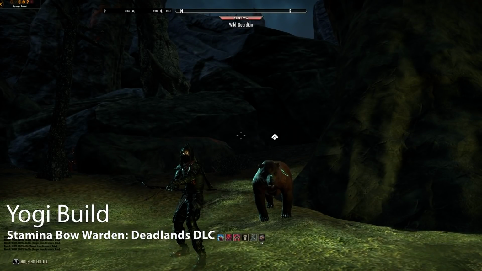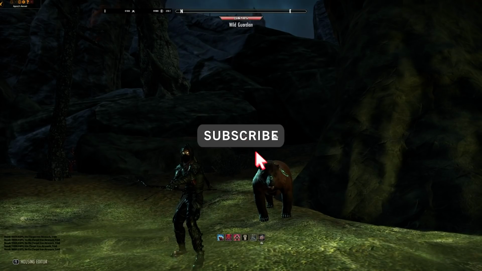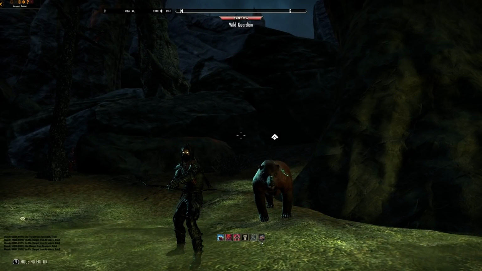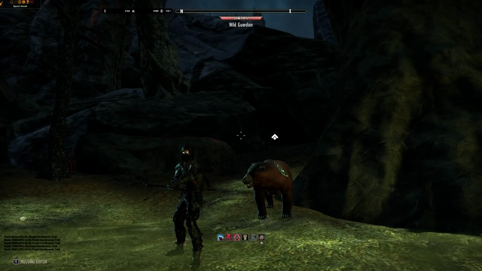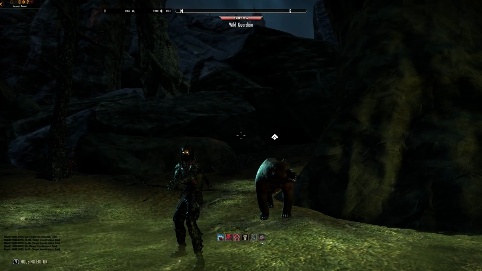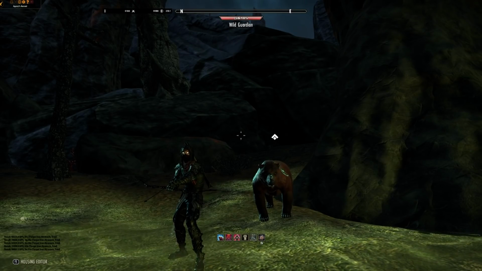Today is going to be the update to the Yogi build. This is the Bow Warden for the Deadlands DLC. Now originally when Summerset first came out, this was one of the first bow builds available where the bow could actually count as 2 pieces as a weapon, and it was utilizing a crit set which swapped bars and carried minor force with you. We are still going to stick to that, but there is a bit of a twist